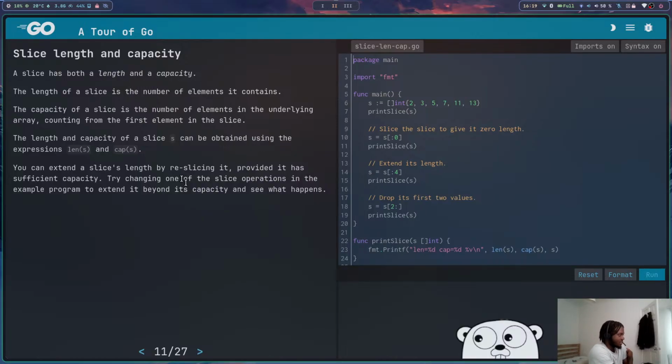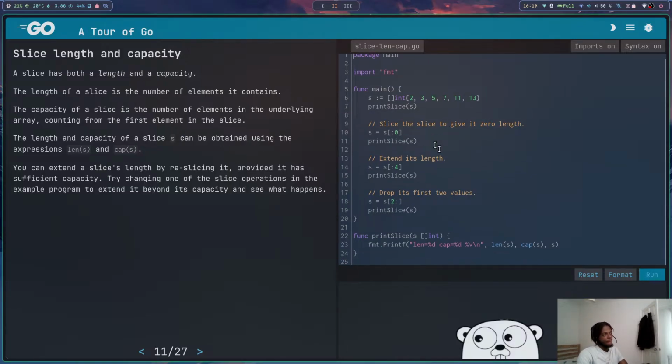The length and capacity of a slice s can be obtained using the expression. If we want to get the length, we have to do len(s). If we want to get the capacity, we have to do cap(s). So in this case, we have a slice. Now we have an array of size 6,